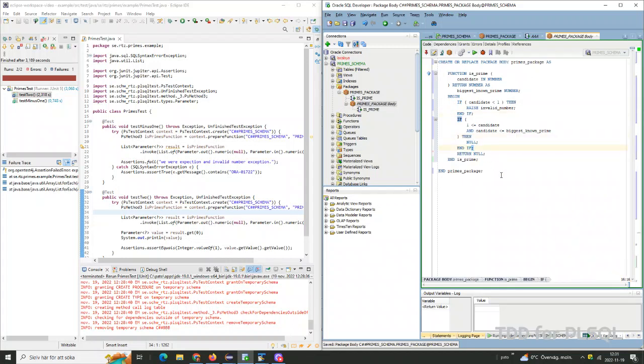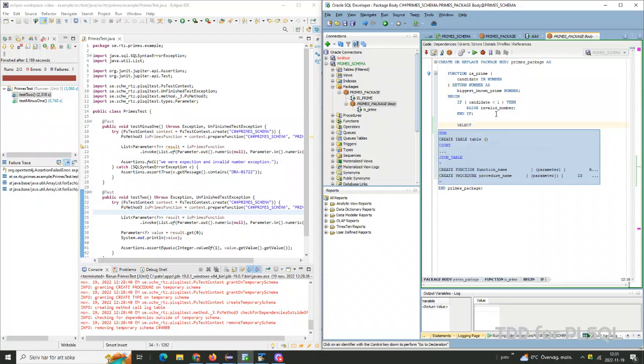Cool. Oh, we got lowercase code everywhere. Now we need to provide a number for this biggest non-prime. So let's go and do select n,